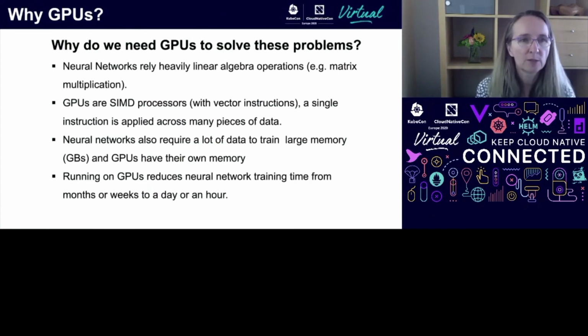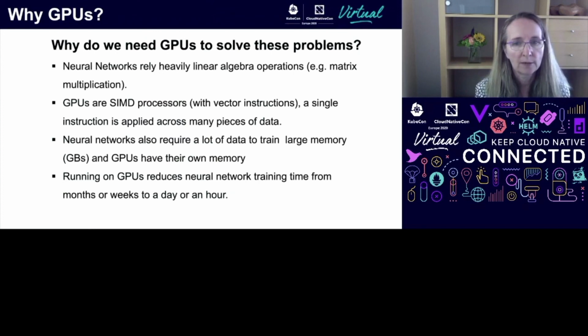So Kyle talked a bit about why we want GPUs. We want to get that speed up that Kyle was talking about. And in these benchmarks, we use neural networks that rely heavily on linear algebra, things like matrix multiply, dot product. And GPUs are extremely efficient at doing that matrix math. They're great number crunchers for matrix math. And so you can get thousands of times speed up. It's not unusual to get a 3,000 times speed up if you run a large matrix multiply on a GPU instead of a CPU.